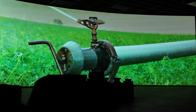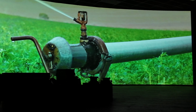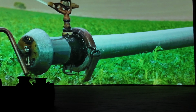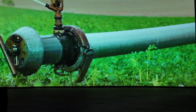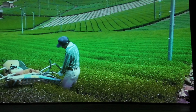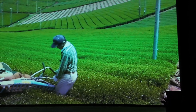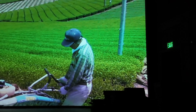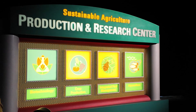In arid regions, we're learning to produce food on desert seacoasts by developing and planting crops that thrive on salt water. In Japan, we're learning that by mixing leaves and other living materials into our soil, we can make farmland more fertile without the need for chemicals. Just ahead, to help us maintain these carefully